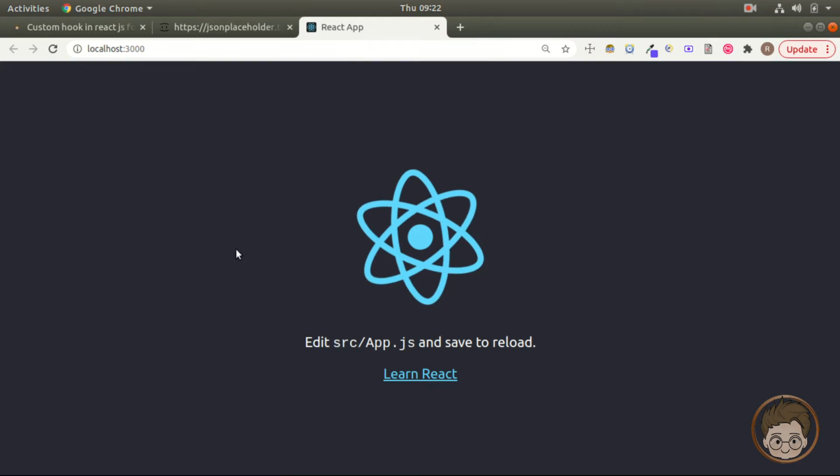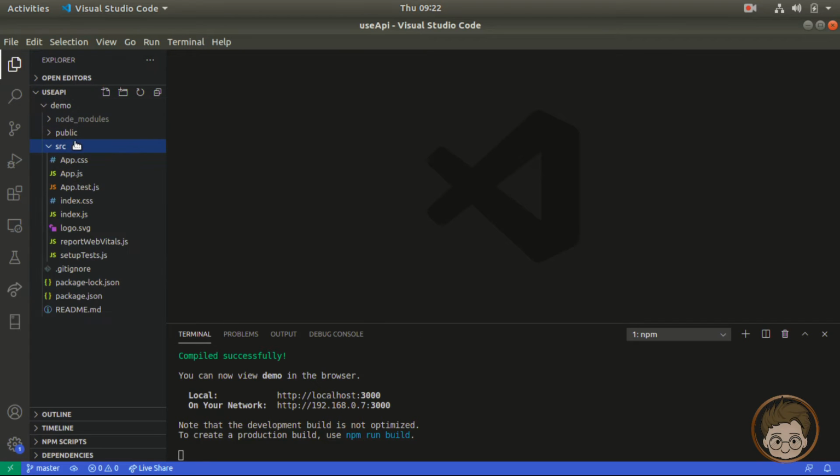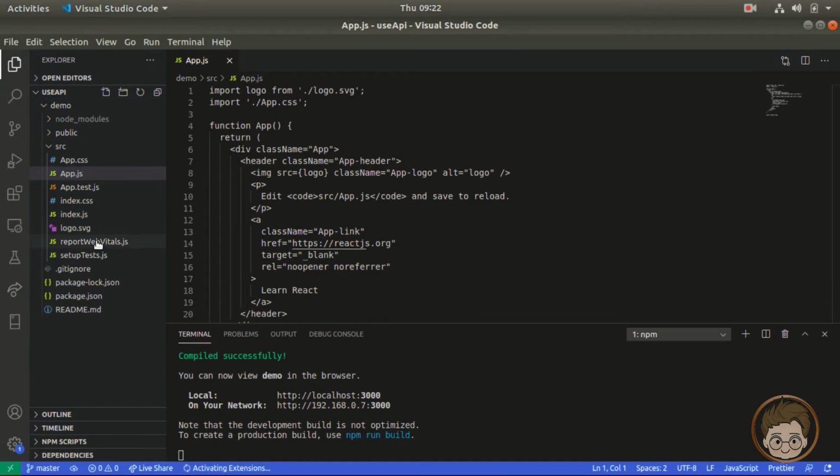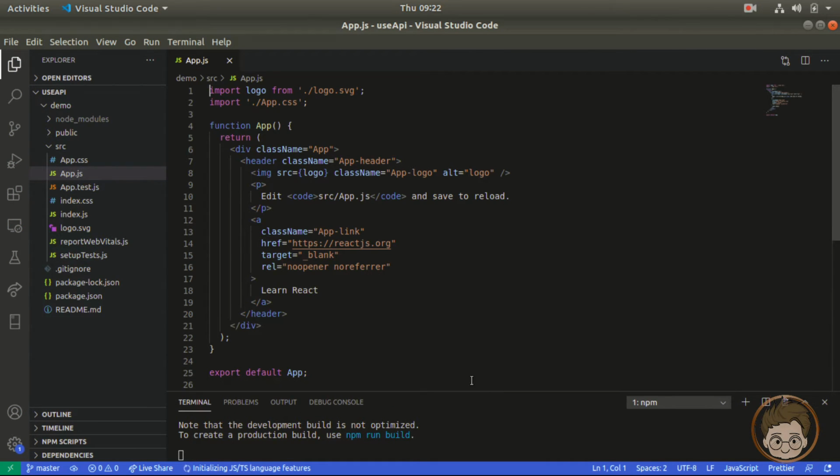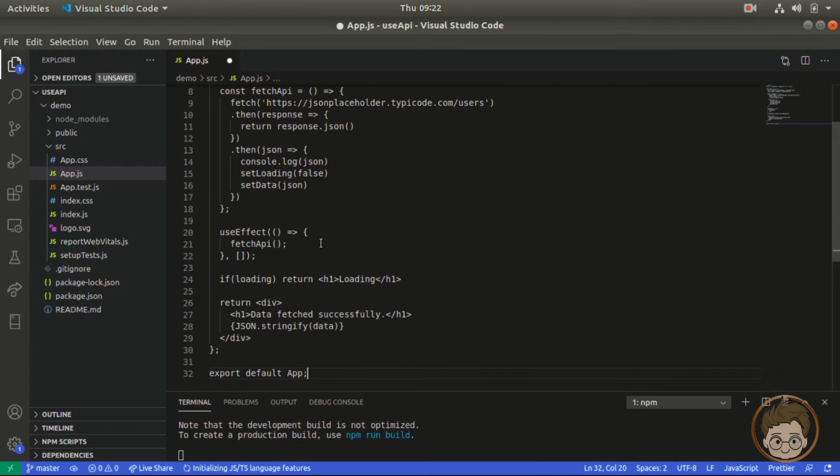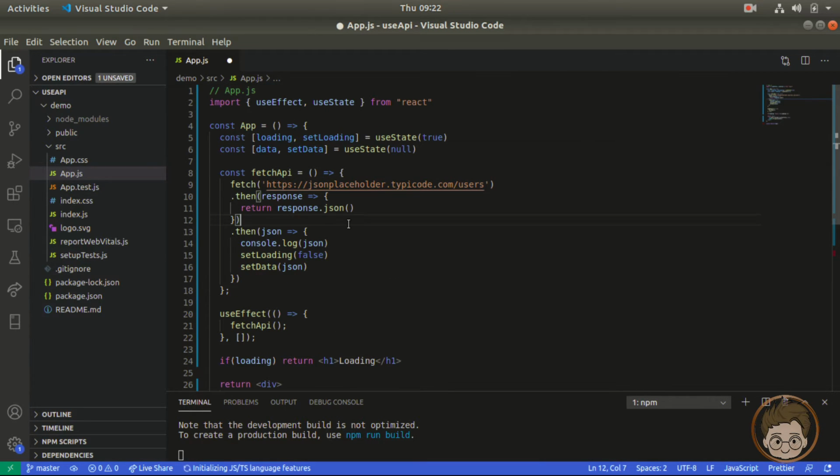So this is the initial setup you will get, right? Then I will go to app.js. I won't change anything. There are a lot of unnecessary things here, but they come with the setup. But I will just do this in app.js. I will just replace the code, and you know where to find the code. It will be in the blog, whose link will be in the description, right?